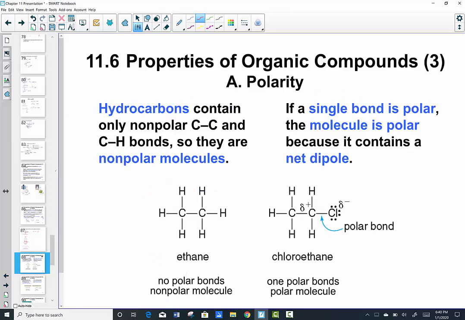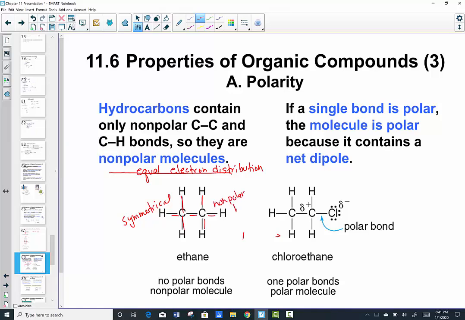In terms of polarity, hydrocarbons that only contain carbon to carbon bonds or carbon to hydrogen bonds are said to be nonpolar molecules. So the entire region is very equal in electron distribution. There's no interesting area, if you will, in the molecule. So when you think of nonpolar, think of an equal electron distribution, a totally symmetrical looking molecule. So here, carbon to hydrogens, carbon to carbon, all of these are nonpolar bonds,